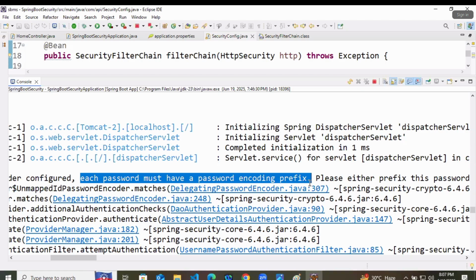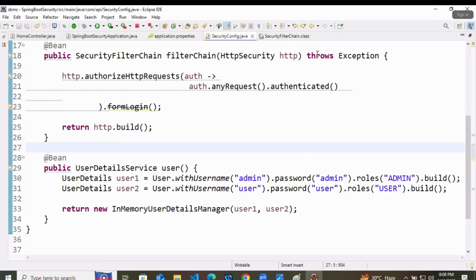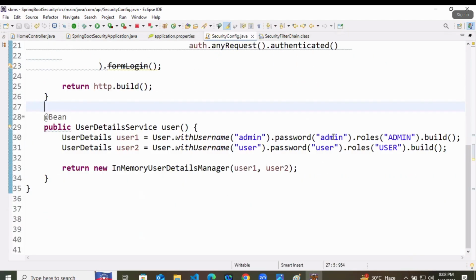This is something that was added into Spring Boot after I started learning. Before that you could directly use admin as the password. Now it is asking why you are writing your password openly visible. Let's write it in such a way that nobody can see it. So here Spring is telling me the error that you are not using any password encryptor.